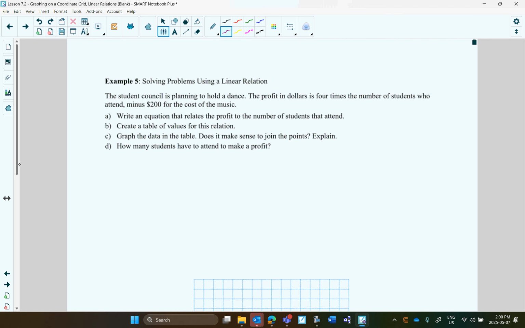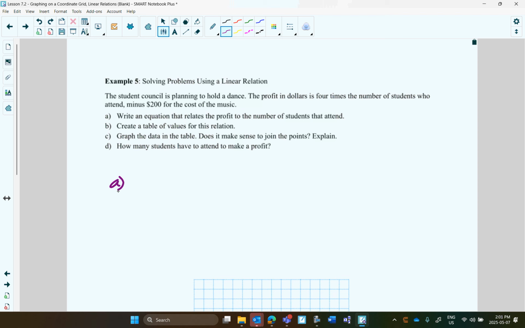We're back to a word problem. Student Council is planning to hold a dance. The profit in dollars is 4 times the number of students who attend, minus $200 for the cost of the music. Okay? How do I convert that to an equation? Could you do 4 times this 4s minus 200? Yes, equals,